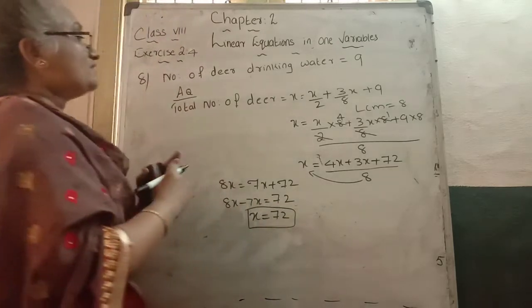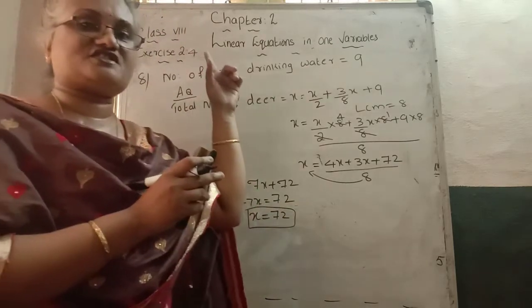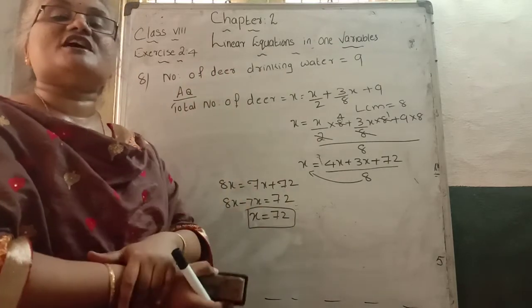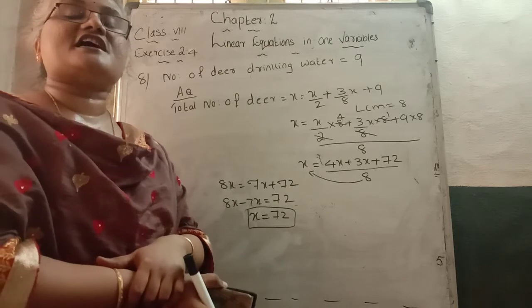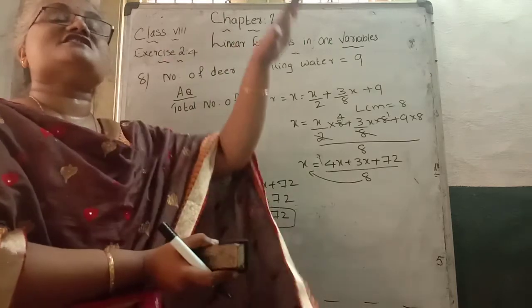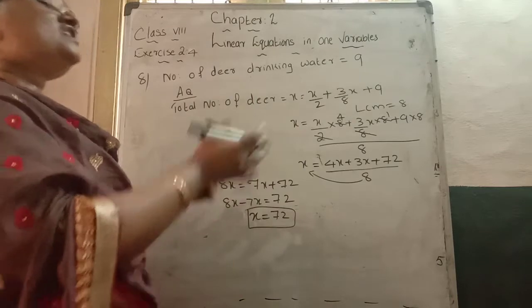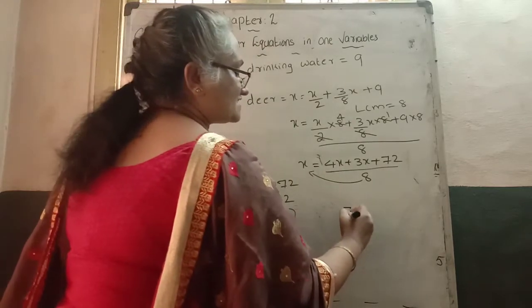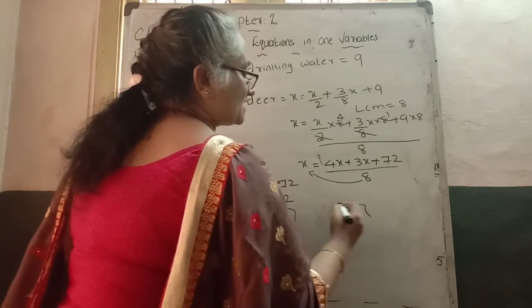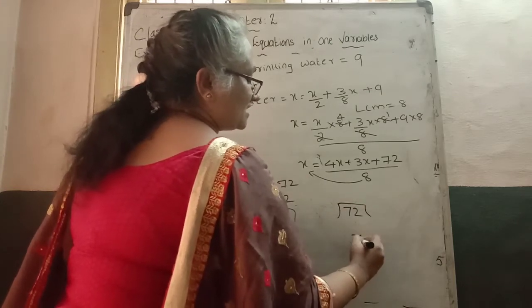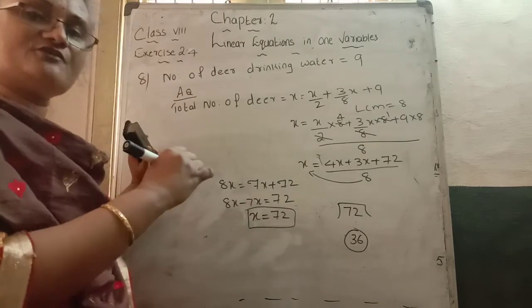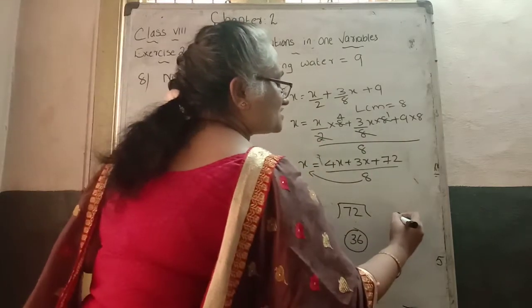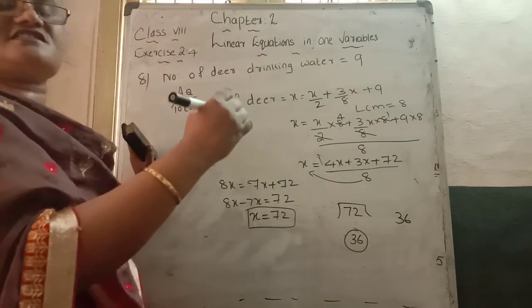72. So we consider the total number of deer as the first line. How much x becomes means, also what we can say, how many deer are in that group? Total 72 deer are there. In that 72 deer, half are going grazing. Half of the 72 becomes how much there? 36 deer are going for grazing. Remaining half means remaining how much are there? 36. Again remaining is 36.